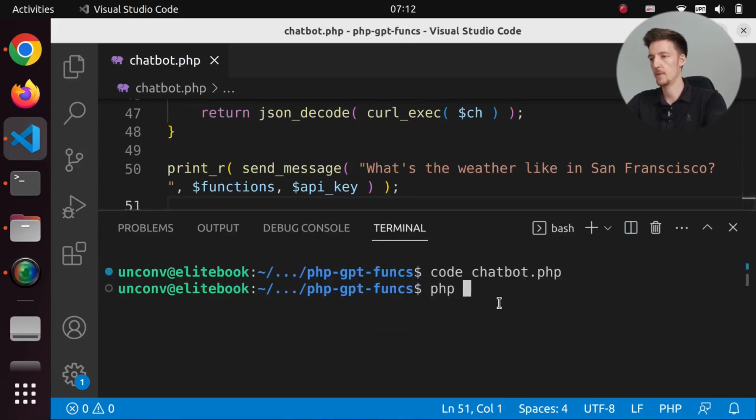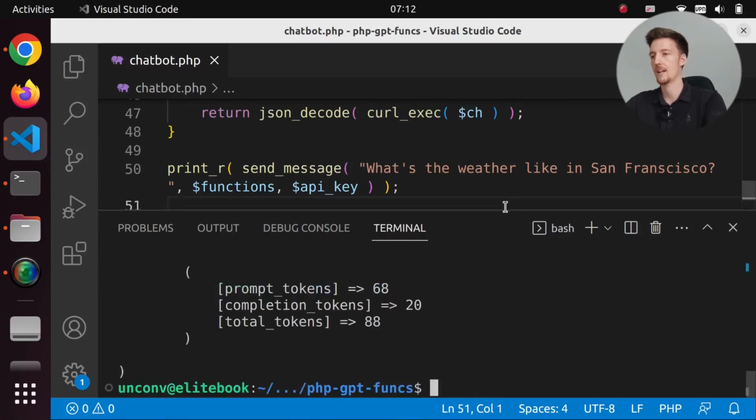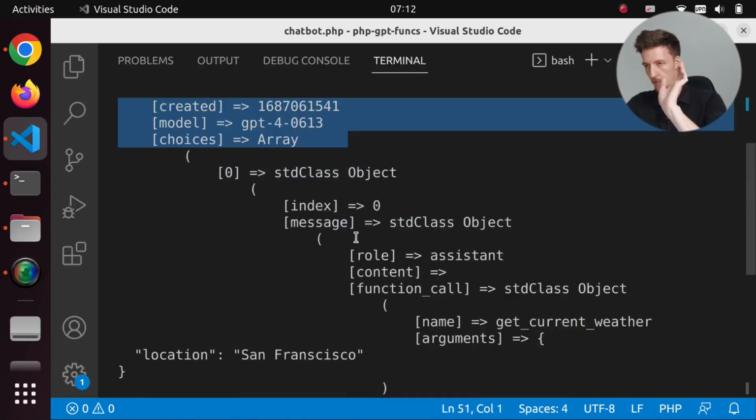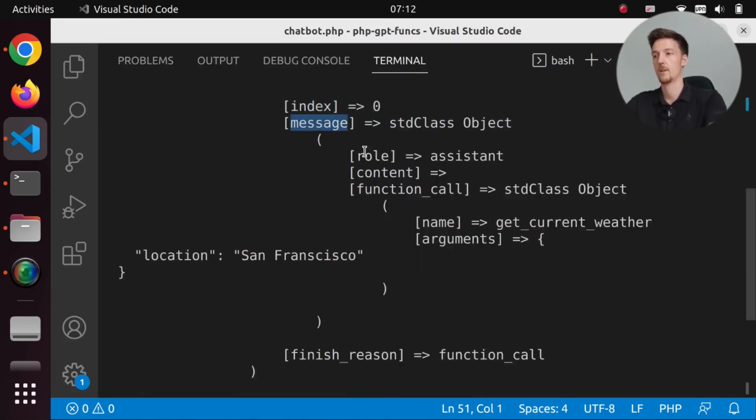So we will do php chatbot.php. And we are waiting for a message, and we got something back. And here we have an ID of the chat completion and all this stuff here that we don't need. We only want the message, which has the role assistant, and content is empty, and function_call is an object. Now this object contains the name of the function we want to call and the argument. So it said, okay, call the get_current_weather function with location San Francisco, because we asked what is the weather